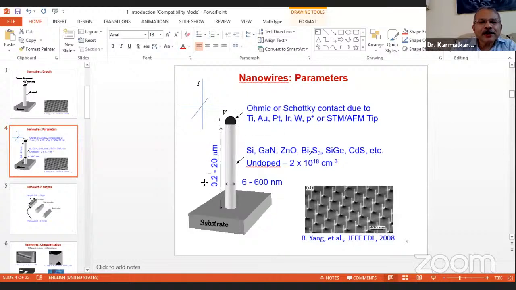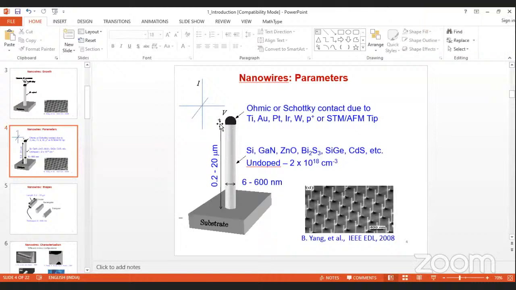Right, this is negative. Or I can even put negative here, because on top I'm connecting positive and on the bottom negative. Now I'm talking about the characteristics of this part. Is my cursor visible? When I'm showing this cursor, is it visible? Yes, sir. Yeah. So this part is the contact.